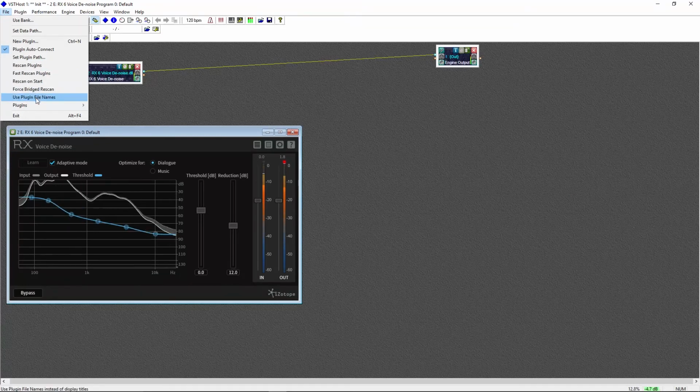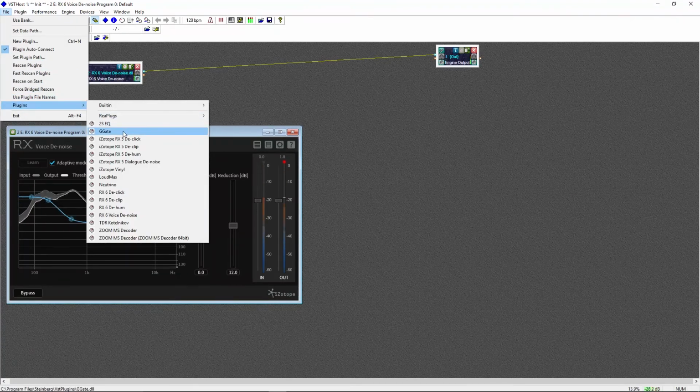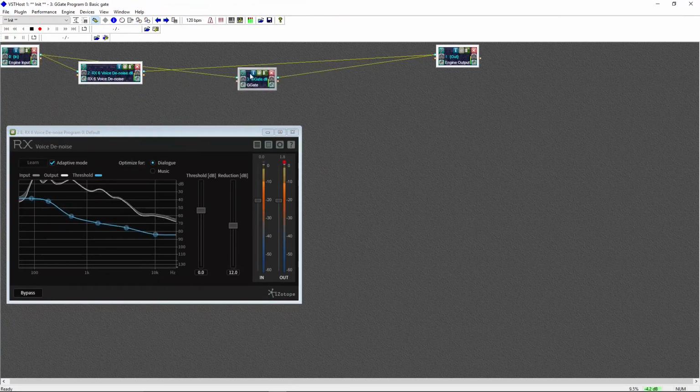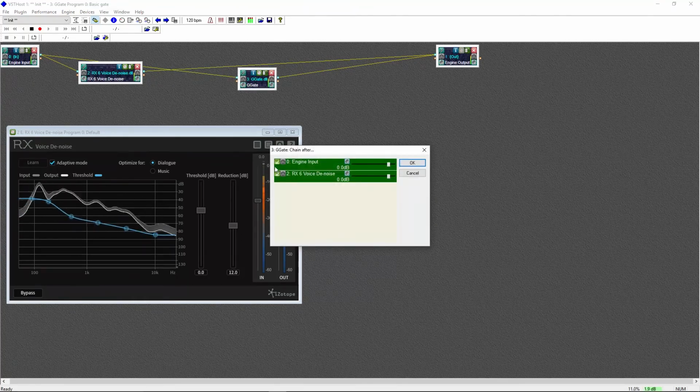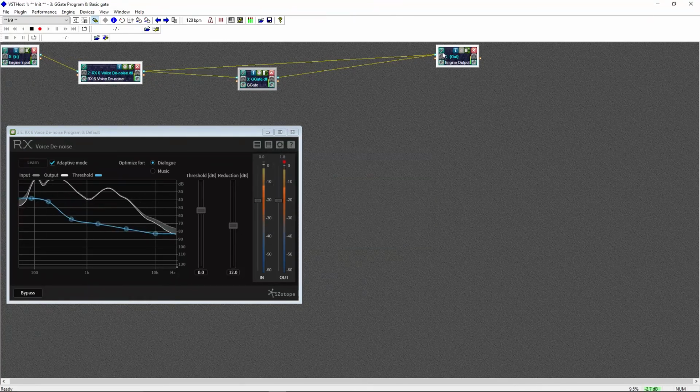Now the next thing I'm going to do is put in an expander gate. Again, I'm going to have to adjust the inputs so that it's running in serial. So again, if we hit that button, just open this up. Now a gate isn't really necessary in this case, but what a gate does is basically stop any audio that's below a certain level. So say if we set this to,